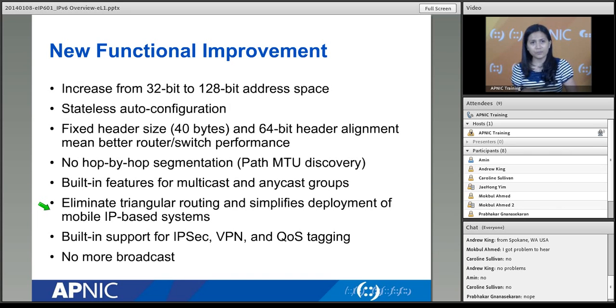So in IPv6, this is a work in progress, all right? They try to make it possible for your network or your device to communicate directly to your corresponding network without having to go through binding updates with your home network.